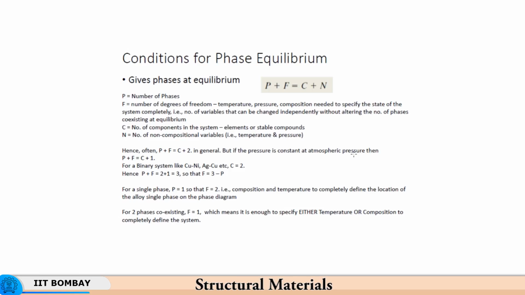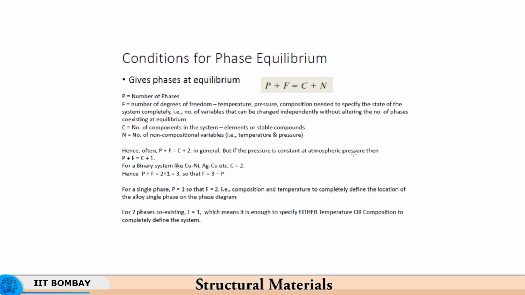So, you have 2 degrees of freedom, meaning composition and temperature, because your pressure is atmospheric pressure. So, composition and temperature are the two parameters which will uniquely define the system in the